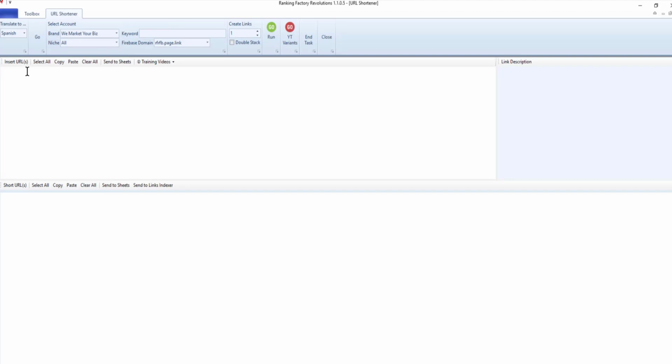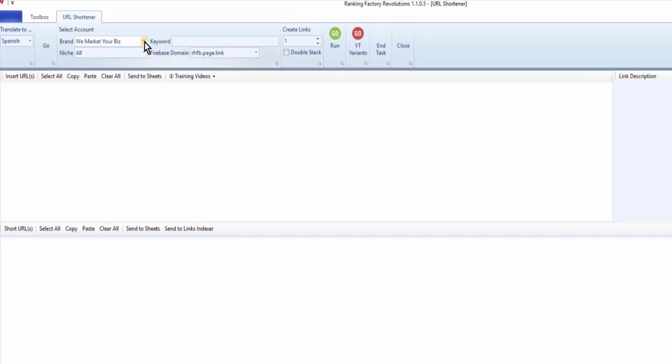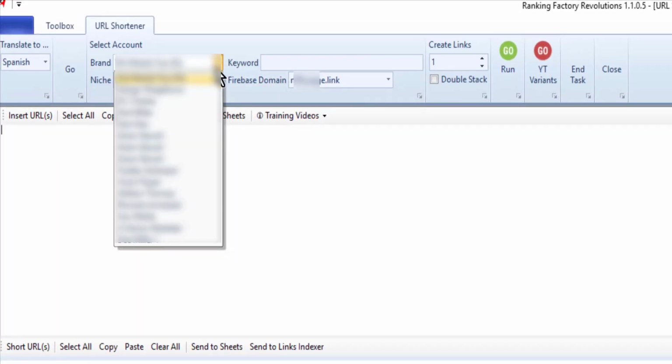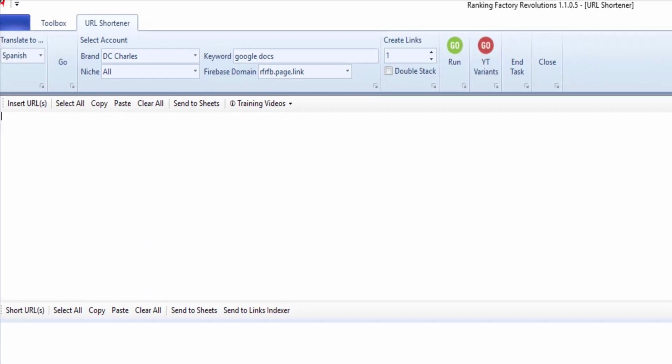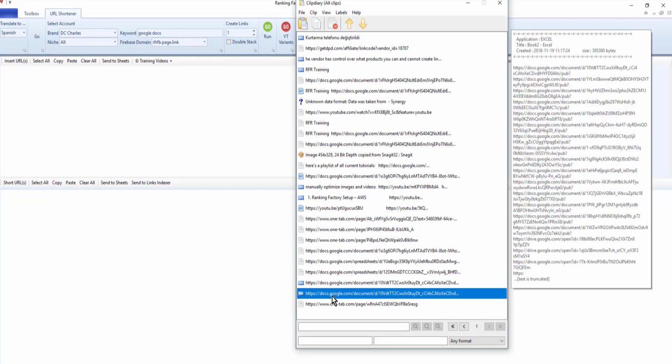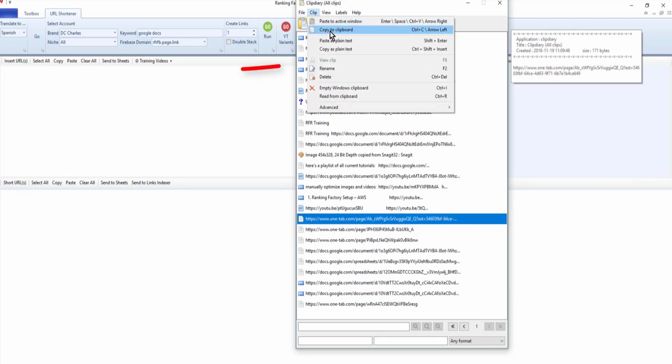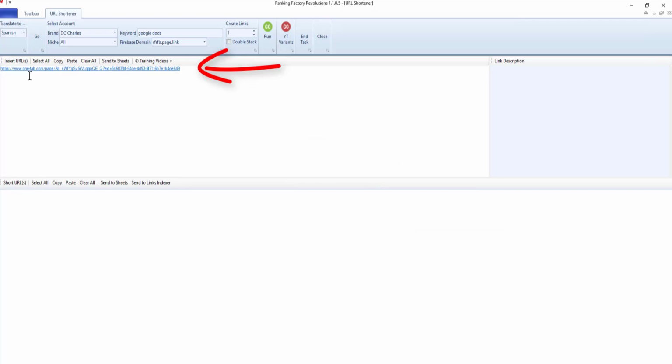And you come to this screen and you want to select the email address associated with your project and enter a keyword. You can decide how many links you want to create, and in the top here you're going to paste the URLs. Now you can paste just one link. Alright, here's a one tab link. So we'll just paste the link in there,